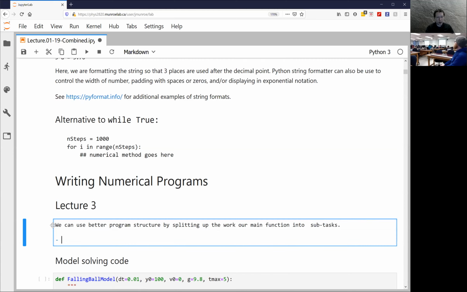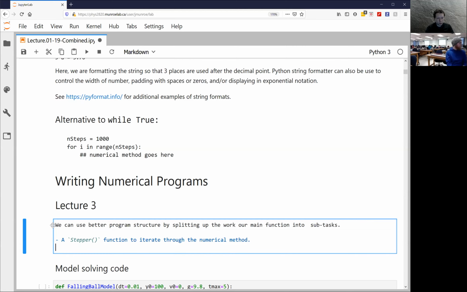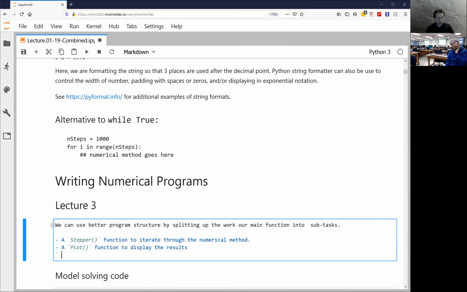Okay, so let's do it this way. Stepper function to iterate through the numerical method. Plot function to display the results. And